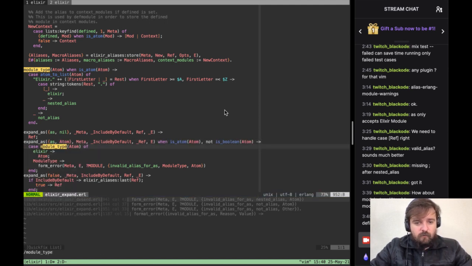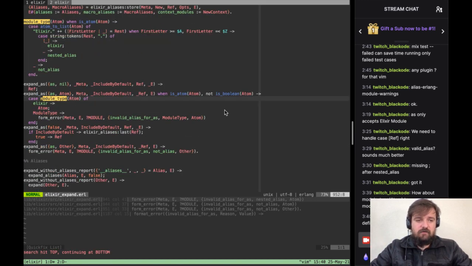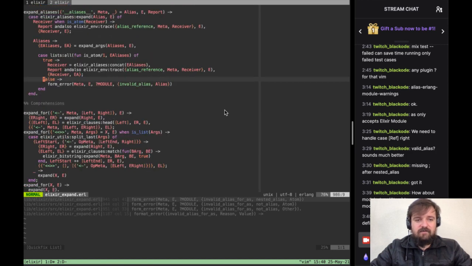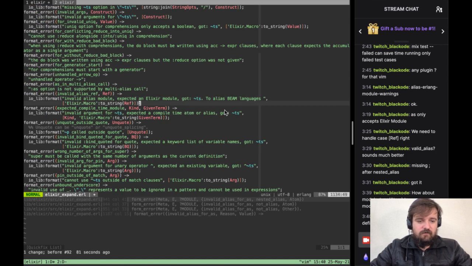But the thing is, when I'm changing something on the Elixir compiler, I want to touch the least amount of code that I can. I was even considering actually copying this and placing it there in another way maybe, but